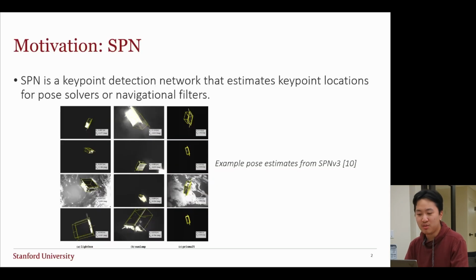So first of all, I'll just start off with a bit of motivation on what SPN is, just as a refresher in case any of you don't really know too much about it. It's just a key point detection network that estimates key point locations for pose solvers and navigational filters. This is useful for close range proximity operations in space where you have a camera that needs to take pictures of a target spacecraft and estimate the pose. It does this by estimating specific key point locations on that spacecraft, which are then used in these